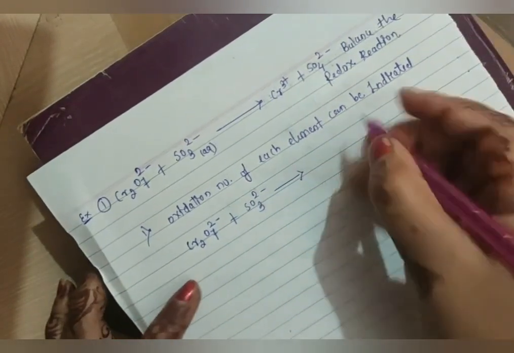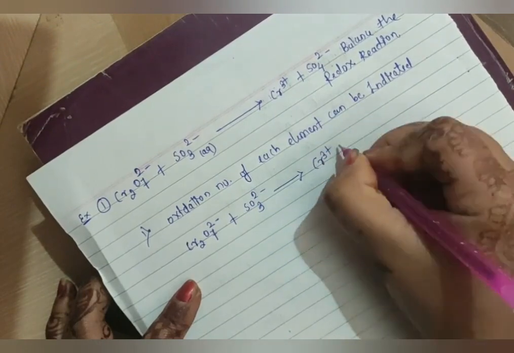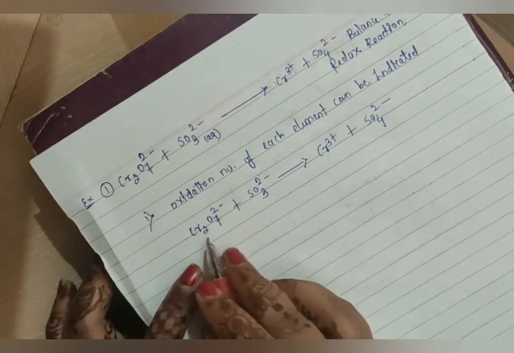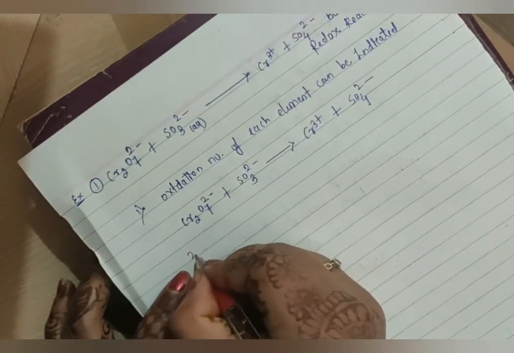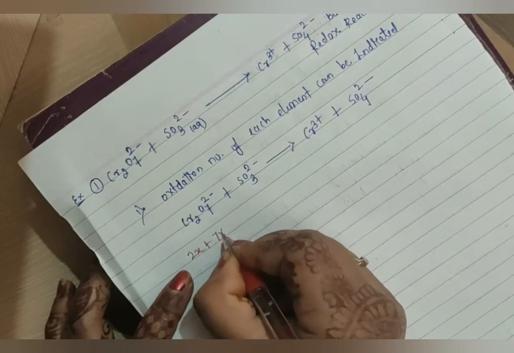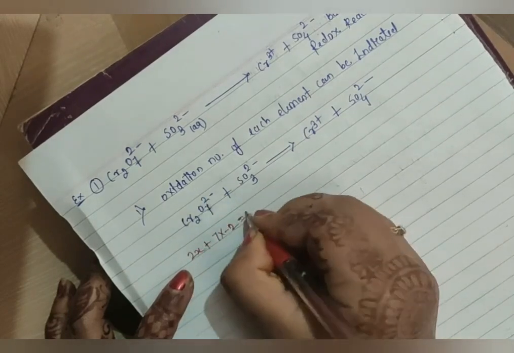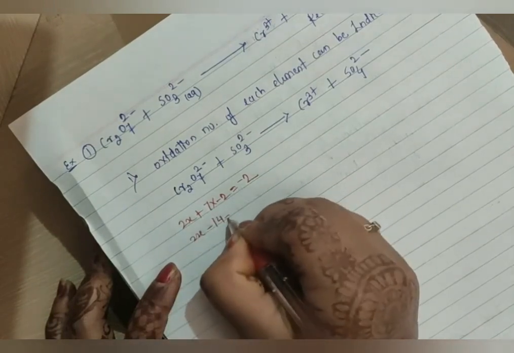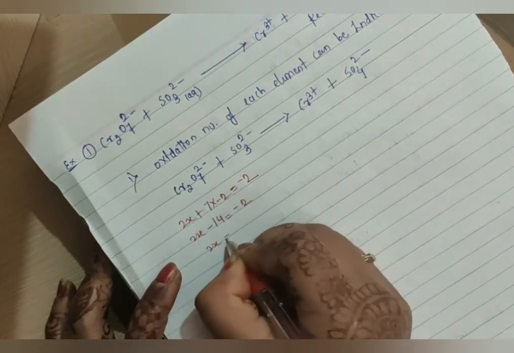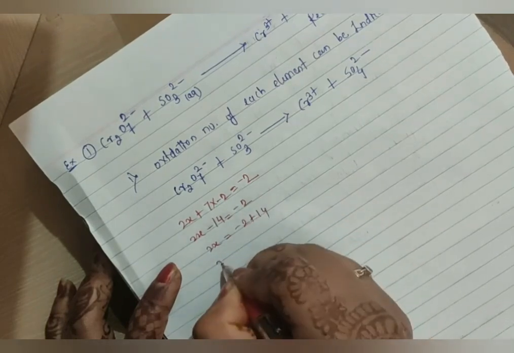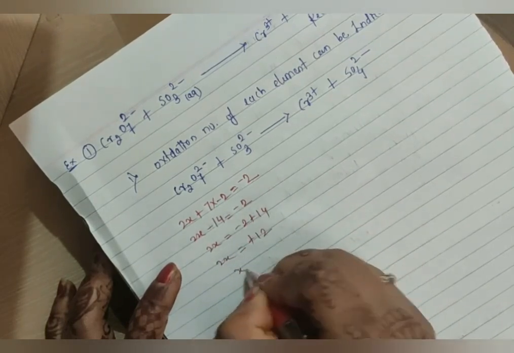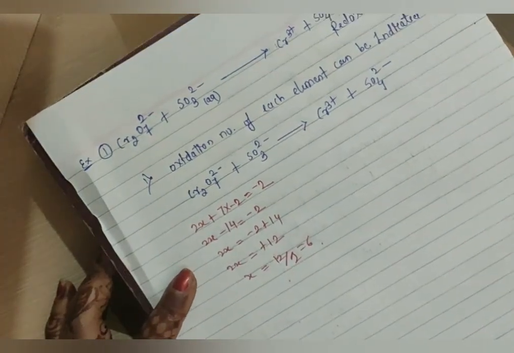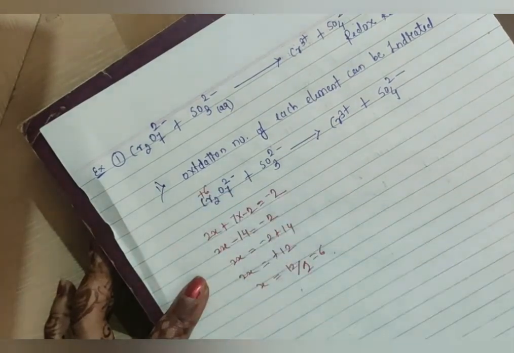It can give rise to the Cr3+. Already given the oxidation number of Cr, SO4 2-. So can I find the oxidation number of Cr2 here? This is 2x plus 7 into oxygen -2 is equal to, we have here -2 charge, so I should write here -2. So 2x minus 14 is equal to -2. So 2x is equal to -2 plus 14. 2x is equal to plus 12. X is equal to 12 divided by 2, 6. So charge on the Cr2 will be the plus 6.